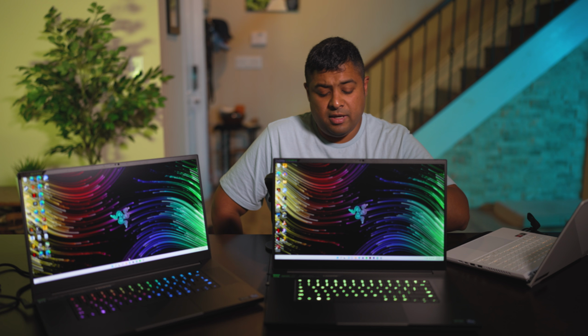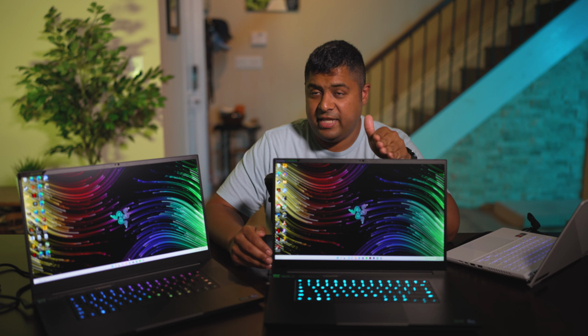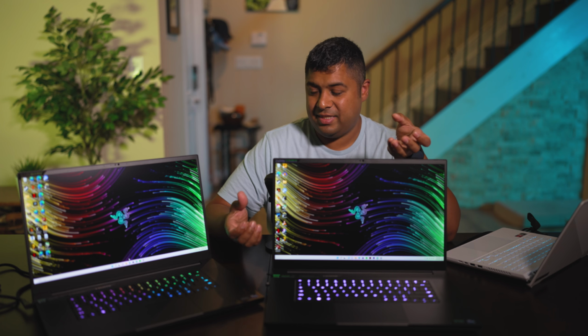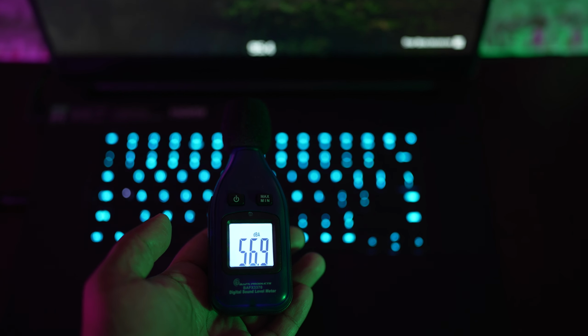I think now they're finally competitive. One thing I am interested to see is how a non-Max Q variant of the 3080 Ti does compared to a Max P, so again, I'm waiting to see that. But regardless, in terms of the overall package, it's the thin laptop, and you feel it when you pick it up and you're walking around with it, and the fact that you're able to get such great performance with not outrageous